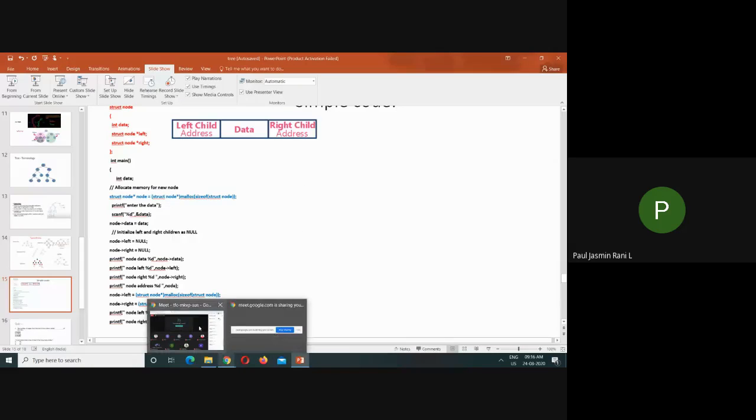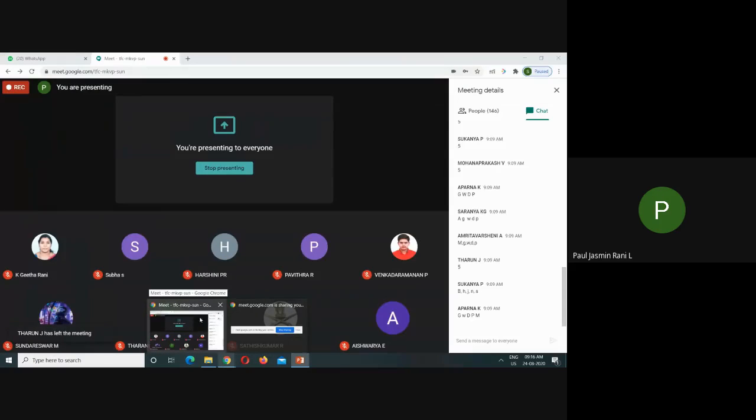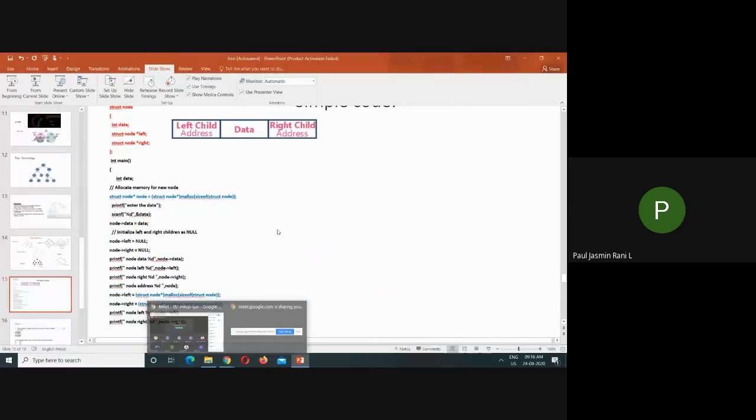Any doubt till now? Can you follow this basic terminology? What is an internal node? What is the difference between depth and height? And what do you mean by subtree? These are the terms we are going to use in our upcoming classes, so I want you to be very clear on those topics. If you are clear with this, then it is okay for you. Is it clear? If you have any doubt, please put it in the chat.